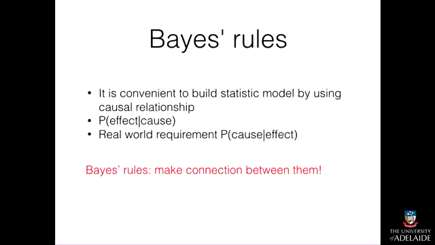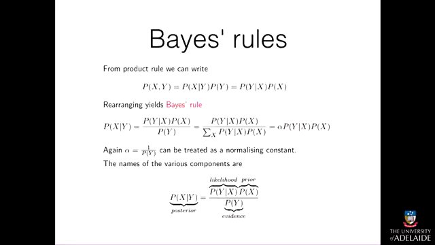But in many real-world cases, you are more interested in the inverse conditional probability, that is the probability of the cause conditional on the effect. Okay, so our question is how to link these 2 probabilities. If you know this probability, how can you calculate this one? Any idea? No? Okay, this is actually quite easy. You can just use the basic definition of